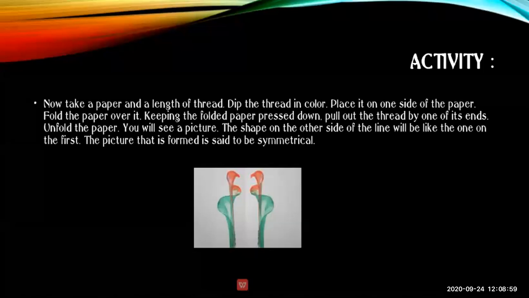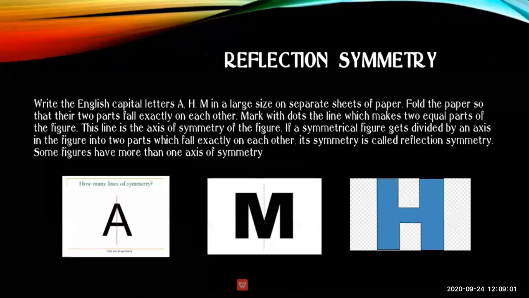Now we will move to our next one. Next we worked with craft paper. We used the alphabets A, M, H and made cutouts. Then we folded each into two equal parts. If it shows a line, that line is called an axis of symmetry. A has one axis, M also has one axis, but when we make a cutout of letter H, how many axes does it show?